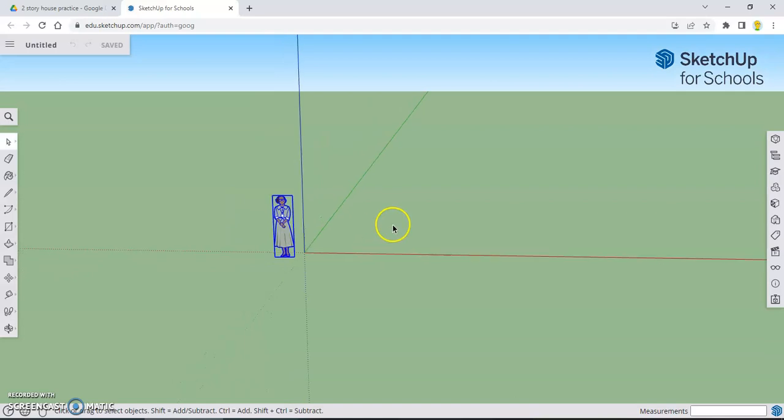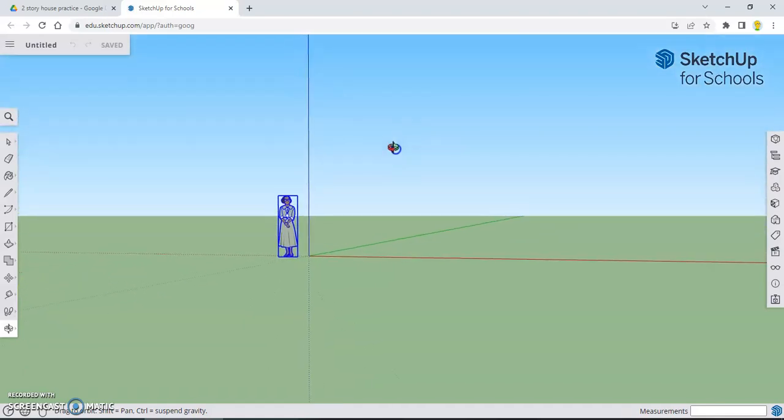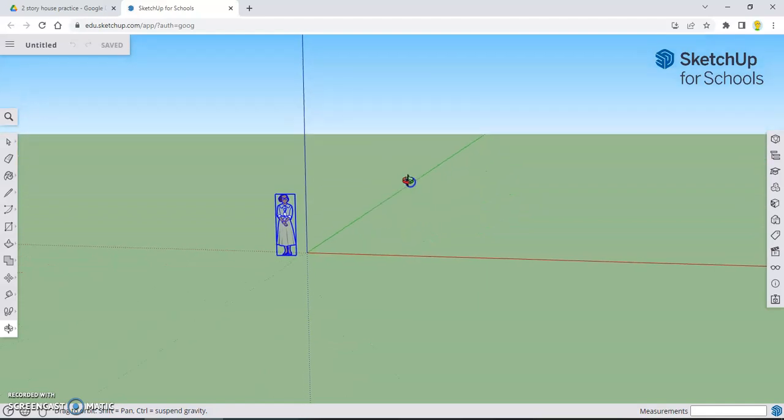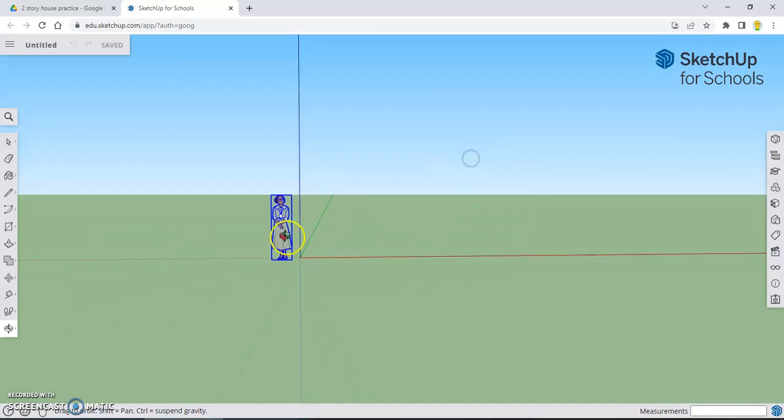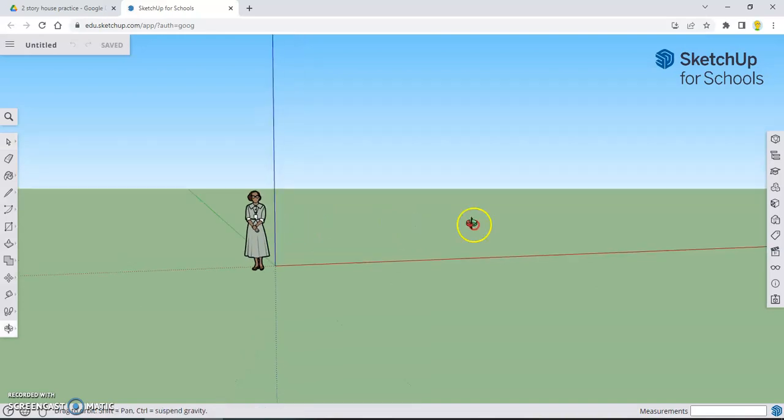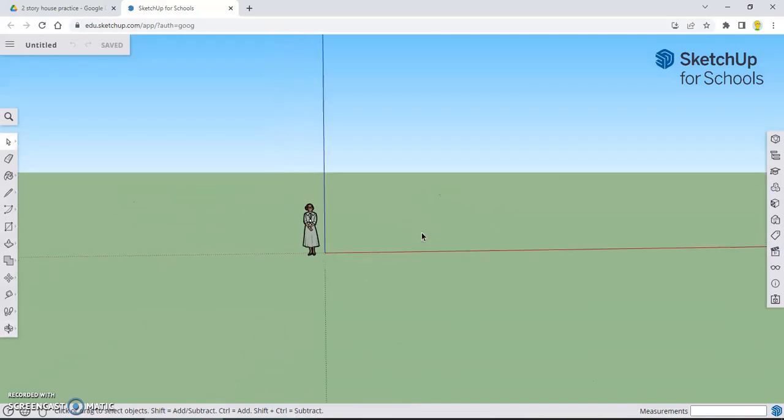If you don't have a scroll wheel or you don't like using that, you can also go down to the tool right here and click it and select orbit, which is its default setting. And now I can just click with a normal mouse click, the left mouse button or the mouse button on your touchpad, and I can hold that down and move the mouse around. If I want to get back to normal settings, I just go back and click the arrow right there, and now I'm back to normal, where clicking just selects things, and I have to use the middle scroll wheel to